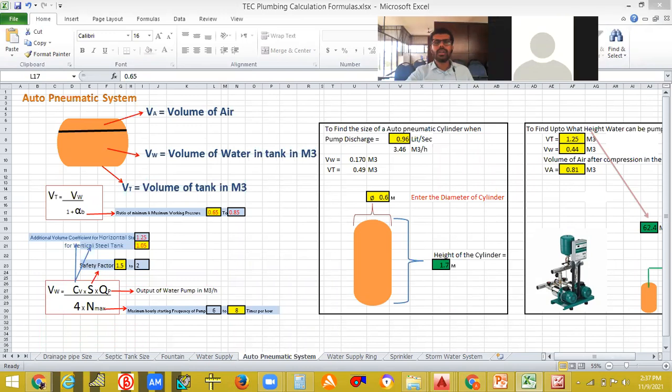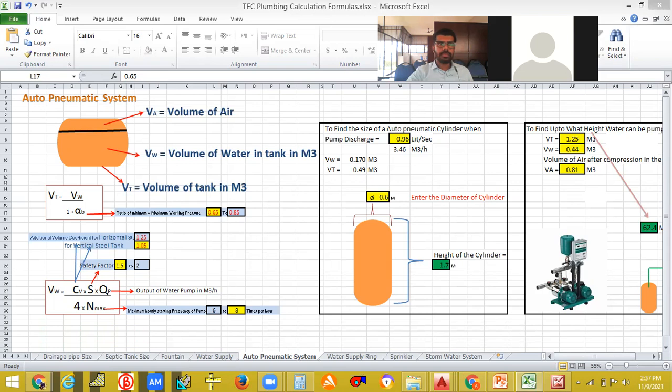Sir, I have one doubt. This is a complete hydropneumatic system, like all along the pipe the flow will be in pressure only, right? Actually, where I am working, we have done one project. From sump to overhead tank, we have kept a pneumatic system, sir. From the overhead tank, it will be gravity flow only.